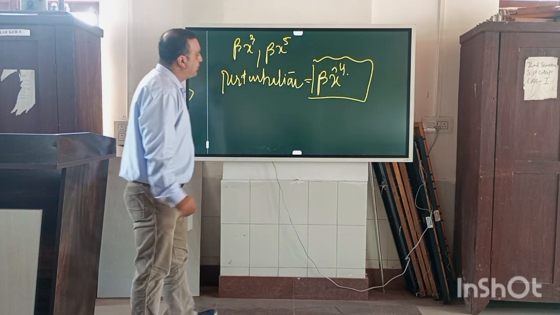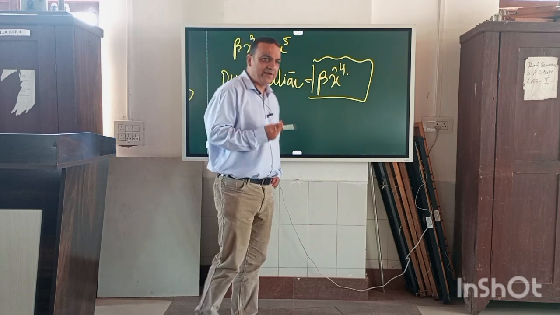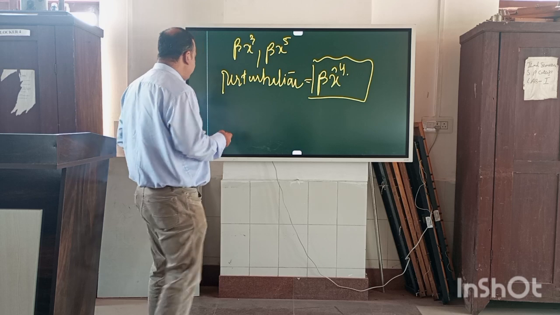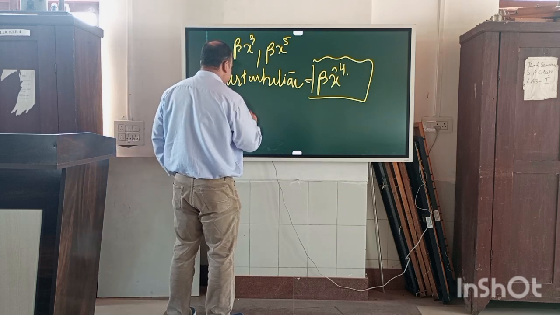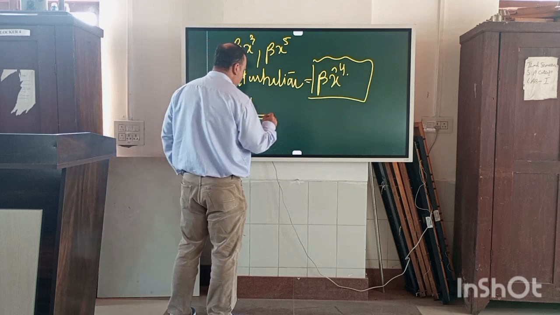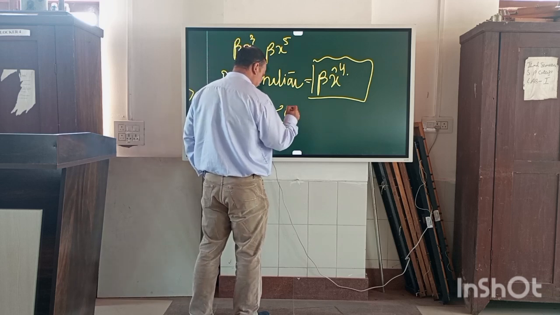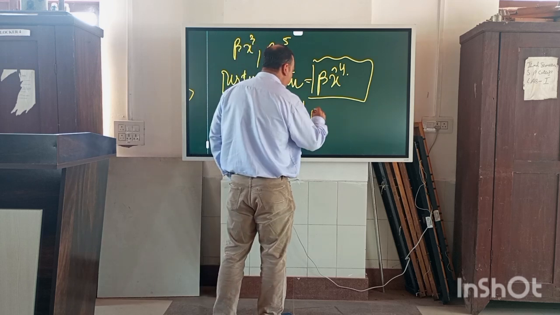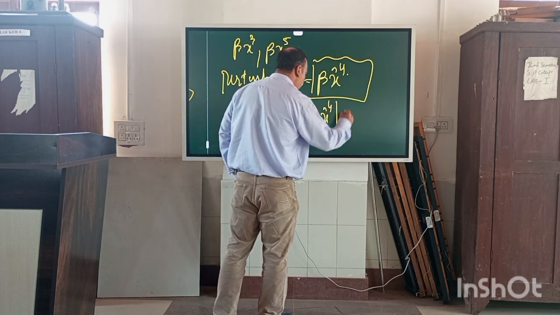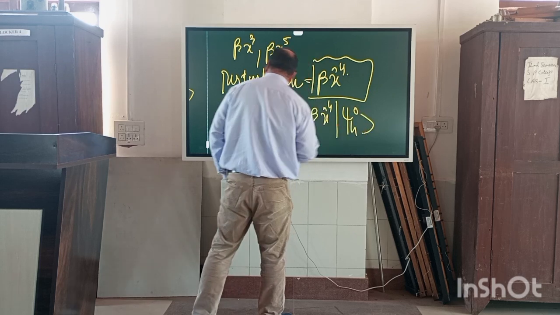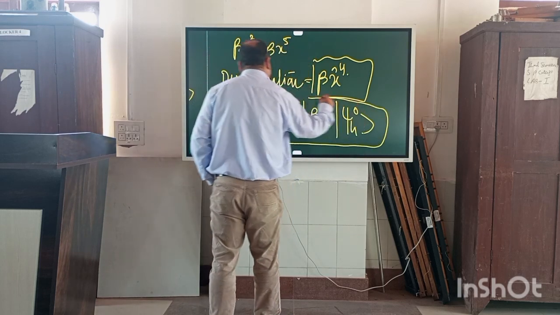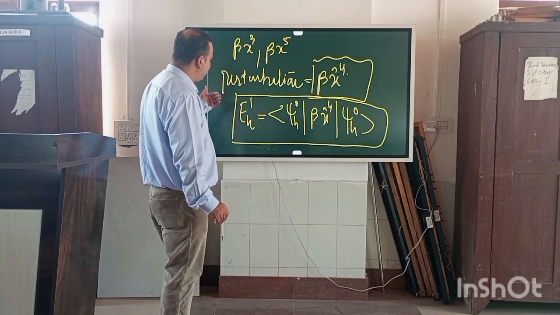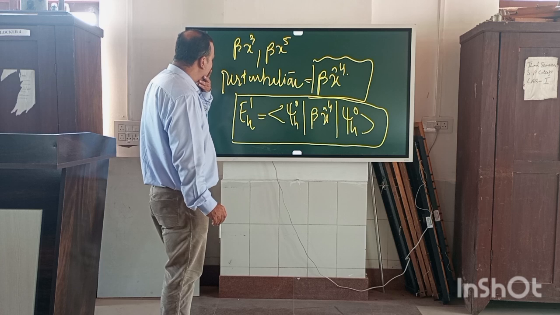Now let's solve this problem and calculate the first order correction in the energy of the system. So let's have that target. How will we do that? As we know, to calculate the first order correction in energy, we will have a state psi n naught, then beta x cap raised to the power 4, and psi n naught. Solving this will lead us to the result in calculating the first order correction to our harmonic oscillator,